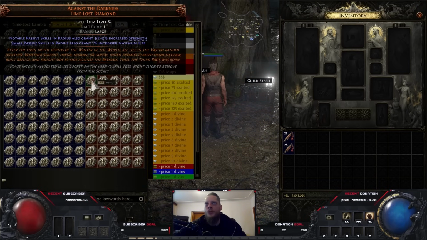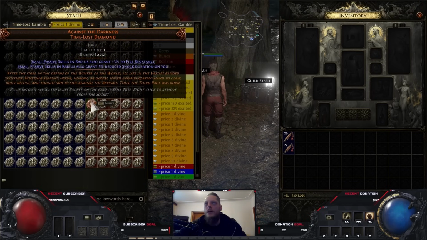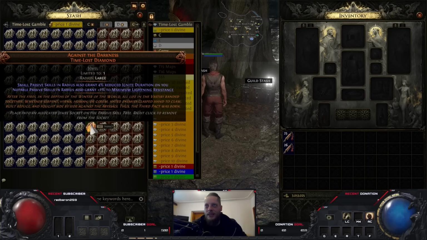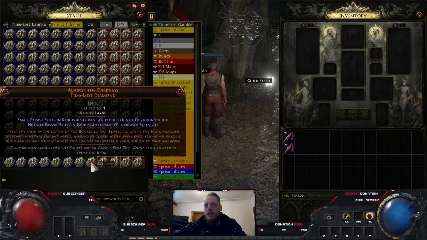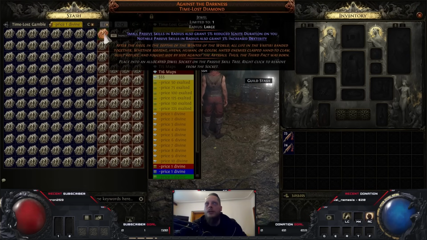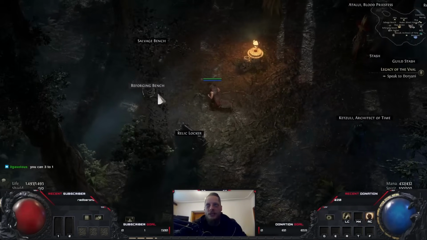Here is a perfectly rolled strength and max life. Fire res, reduced shock duration. These are whatever, man. I don't even need to price check them, I guess, because they're probably priced for 10 exalts, and nobody will ever buy it for 10 exalts. Okay. Increased duration. Dexterity. Let me actually check something. Just out of curiosity, if you can actually...